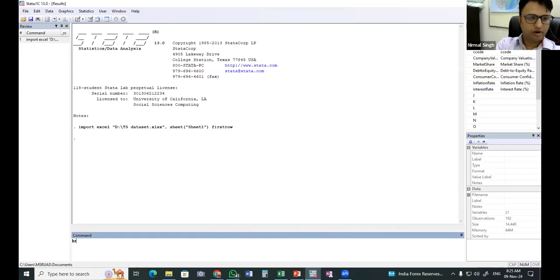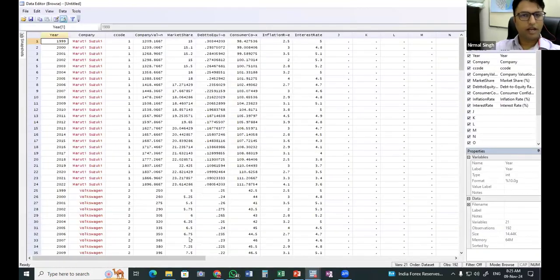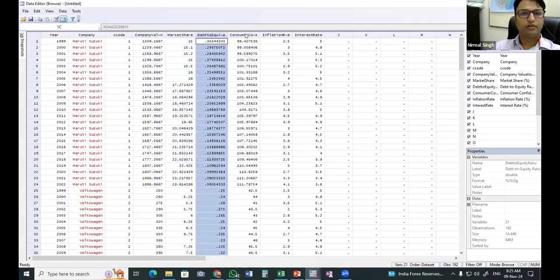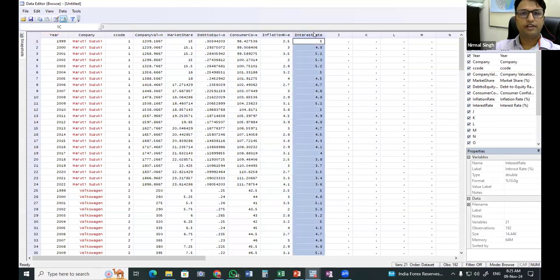For that, the command is browse. So here I can see the data ranging from 1999 to 2022 for different companies, with different indicators: company valuation, market share, debt to equity, consumer confidence, inflation, and interest rate. I have to identify different companies differently.